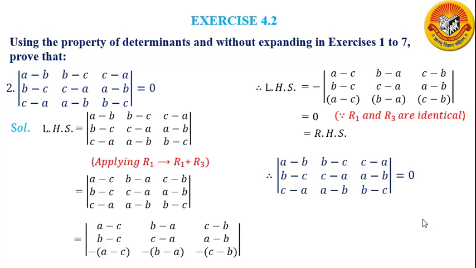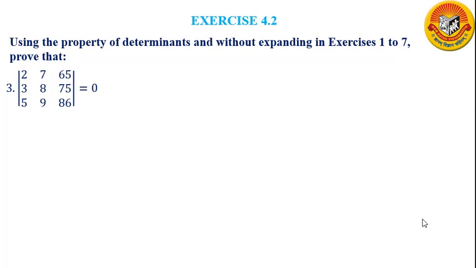This exercise, using the properties of determinants, is a little difficult. As in the case of matrices, multiplication is difficult and finding the inverse is difficult. Similarly here, using the properties is difficult. So what I recommend is that you solve each problem. If you are finding it difficult, then solve it twice to have a good idea. And if you still have difficulty, then call me. I will explain how to proceed.